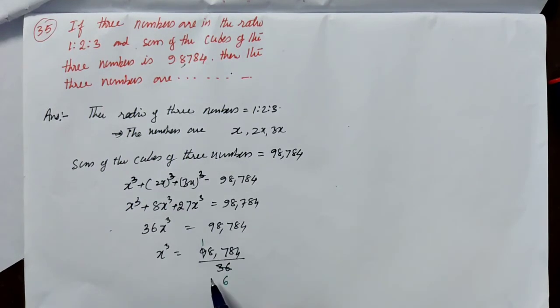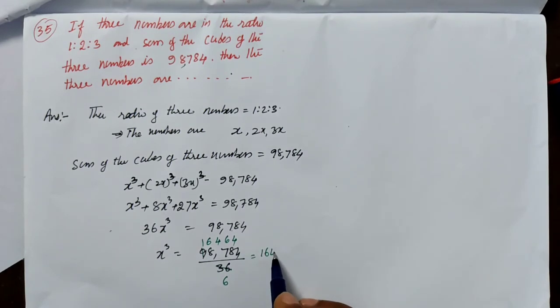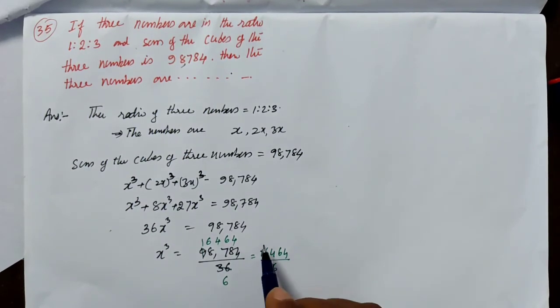Now, 6 ones are 6, then 6 fours are 24, then 6 fours are 24 again, and continuing the long division, 6 sevens are 42 and 6 fours are 24. So x cube is equal to